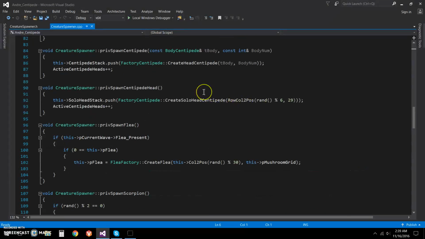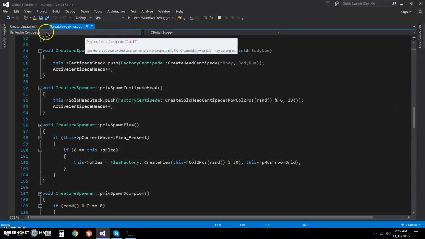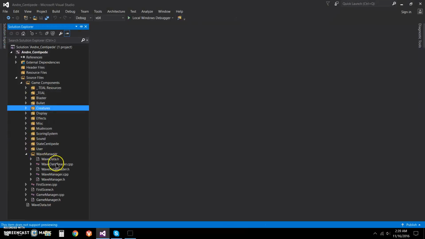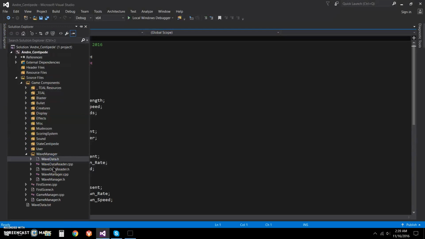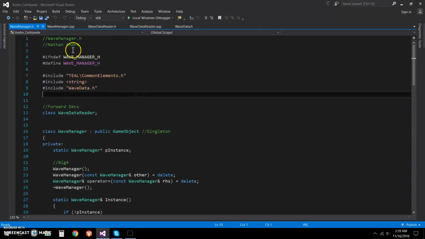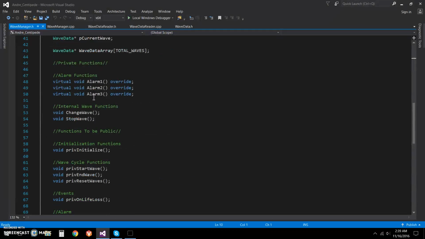And then for the centipede head, it has a stack, and basically that helps keep track of how many, but it also has an integer that does that. And then with the wave manager, let's just do that. So the wave manager is a singleton,